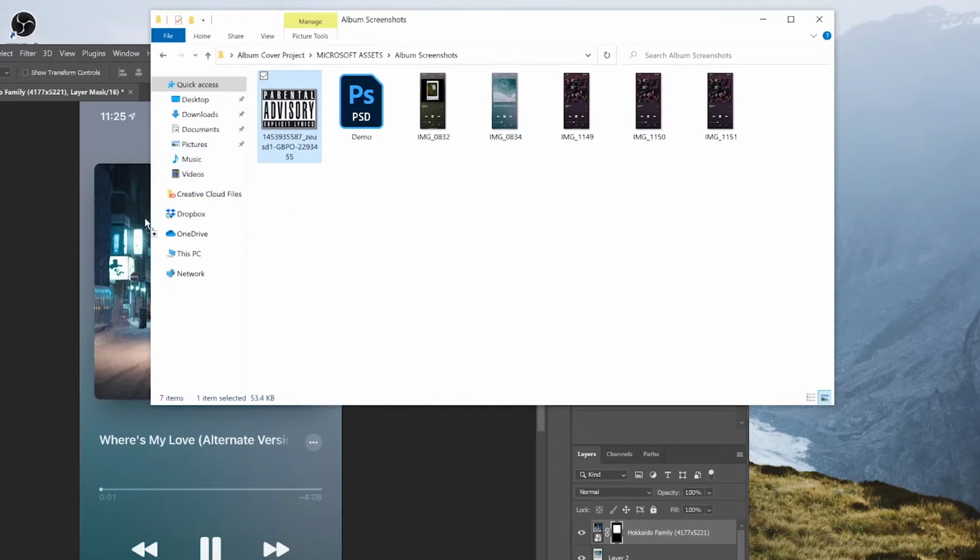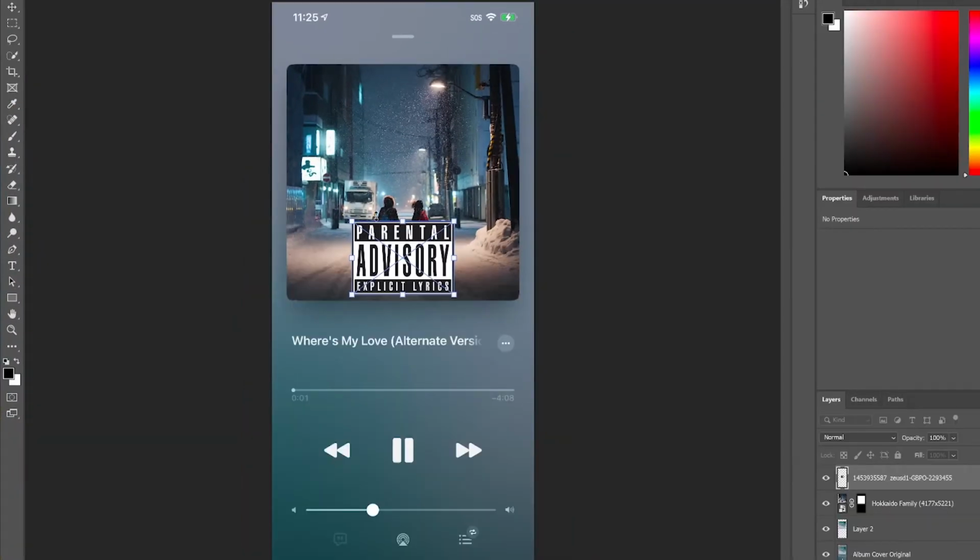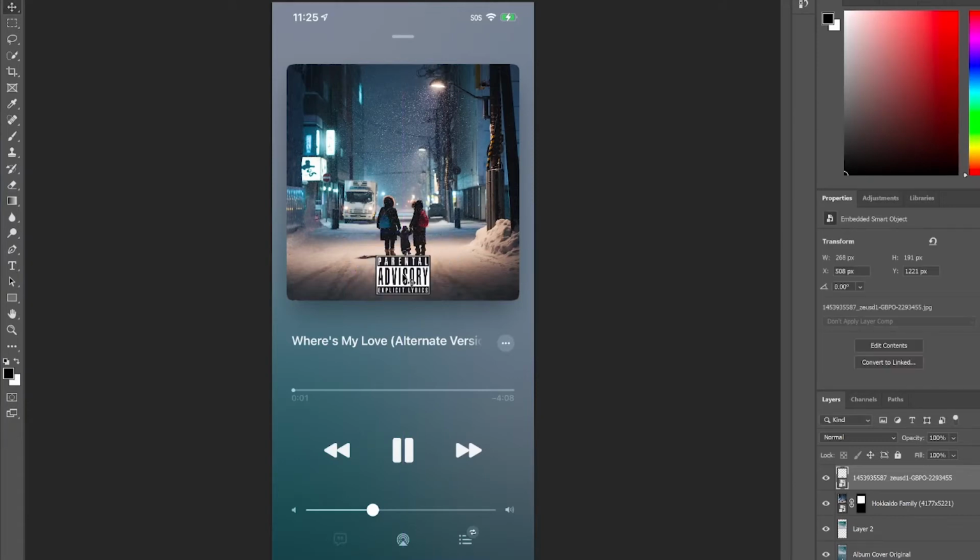So the next step, we're going to add a graphic into the album cover just to make it look a little more legit. I'm going to click it, drag it and drop it in like we did before. It's too big now, so I'm going to resize it just to make it the right proportions. Once you're done choosing the size, hit Enter, and then we're going to click and drag it to one of the corners of the image.